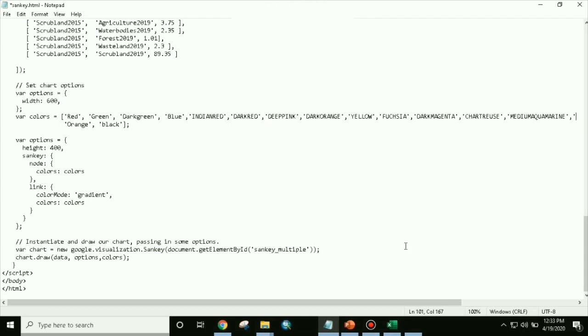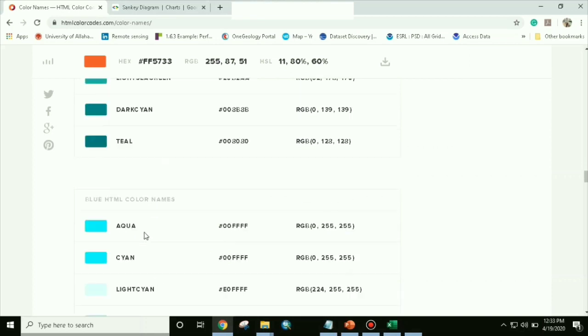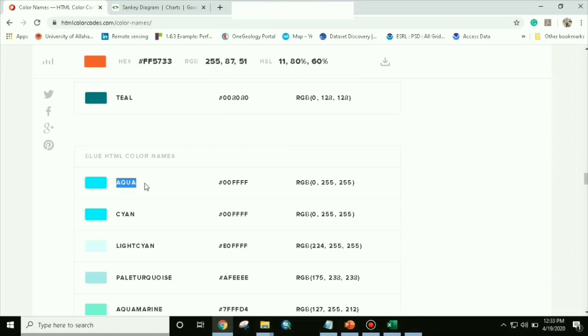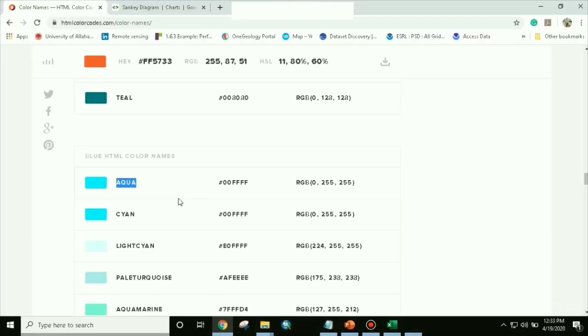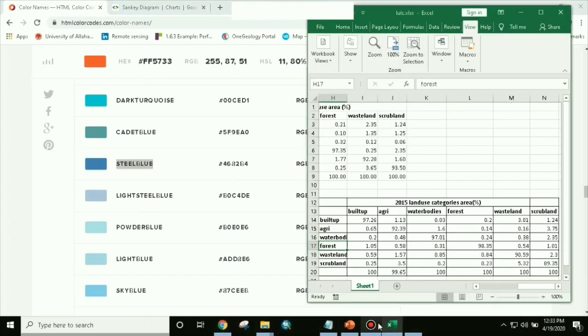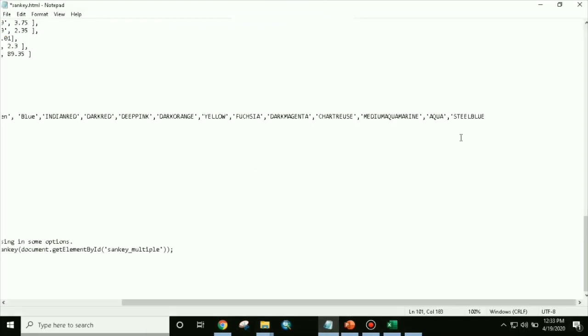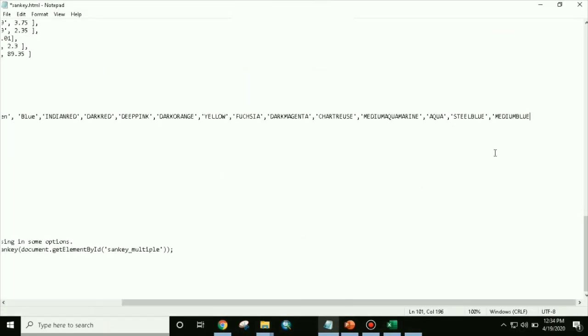Our variable is 16 now, so another 3. Sorry, our variable is 18, so another 5. So here we will take aqua, put over here, so steel blue can take, steel blue. Medium blue,